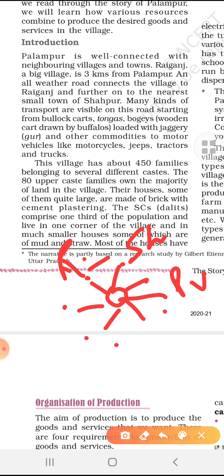आजकल तो एवरी विलेज इज़ ऑन द path of modernity, every kind of vehicle we can see in the village, but when we talk earlier तो सीधा सा आपको टोंगा, घोड़ा गाड़ी, ये सब चीज़ें वहाँ दिखाई देती थीं, या ब्लैक कार्ट मतलब भैंसा गाड़ी, जिसको भैंसा खींचता है, ठीक है। दिस विलेज हैज़ अबाउट 450 फैमिलीज।